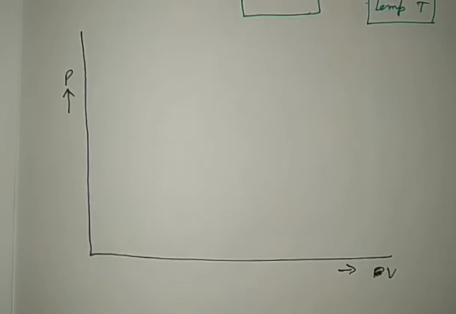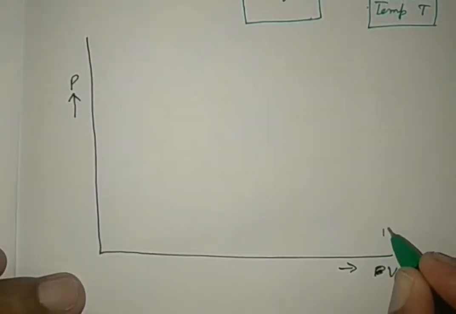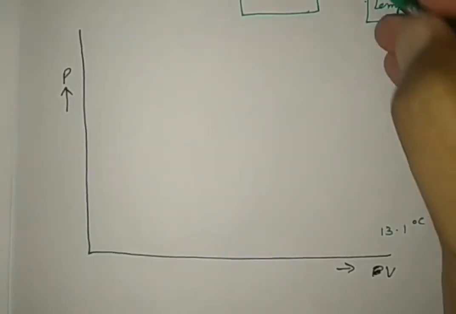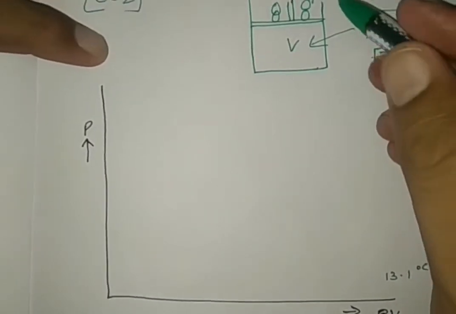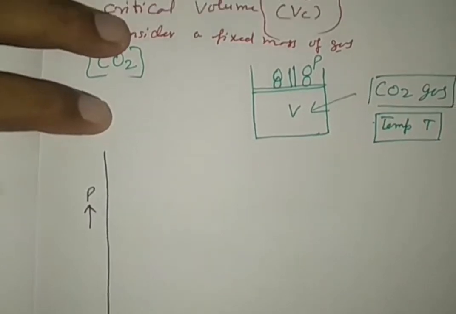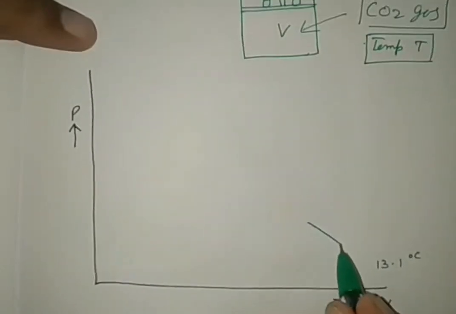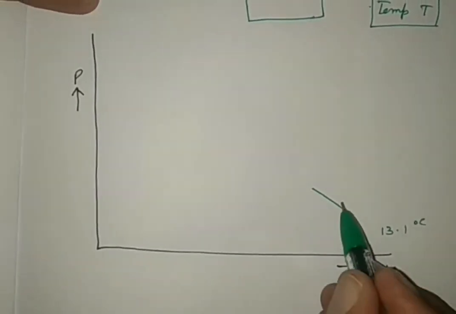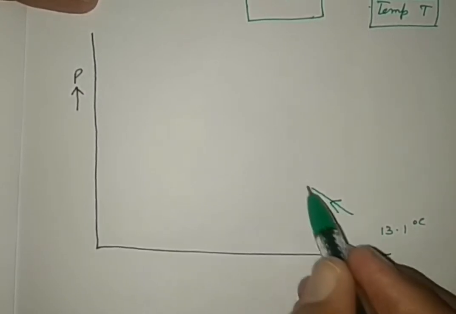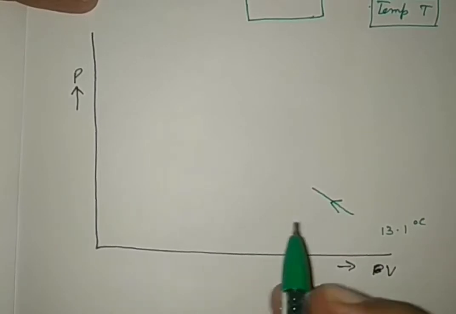First of all, it is obtained at a certain temperature, 13.1 degrees Celsius. The temperature is kept constant and pressure is varied. Now see, here is the pressure volume curve. In this diagram, when we move in this direction at constant temperature 13.1, pressure is increasing, volume decreases,